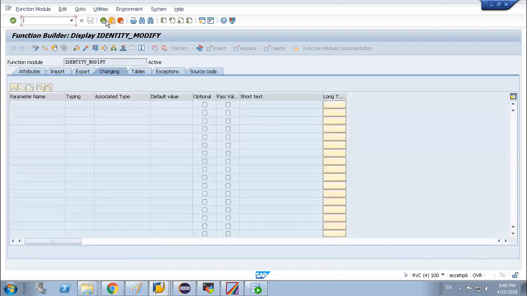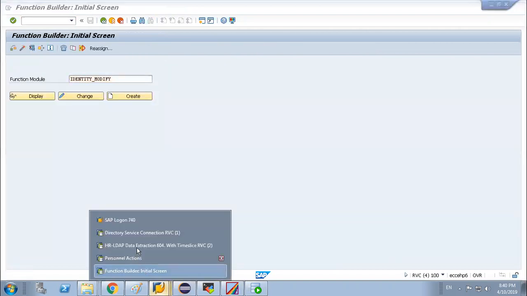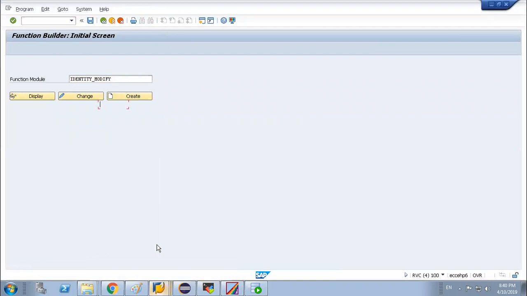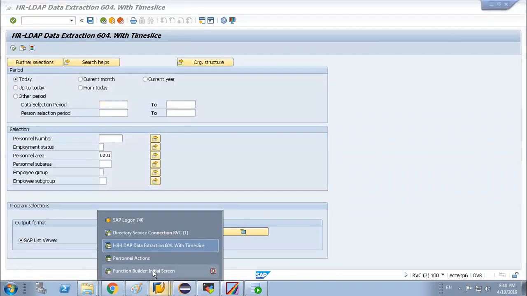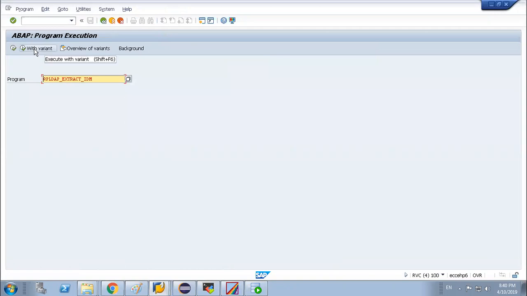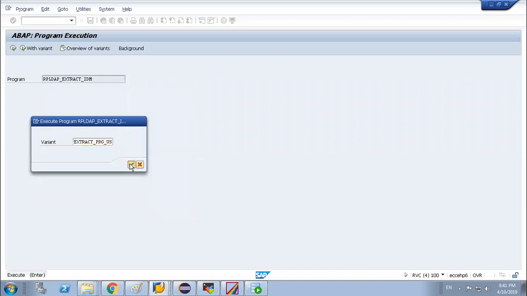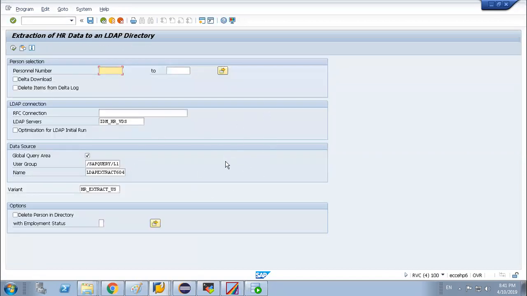One more thing that I'd like to say, and then end of today's class. What you did, you finally extracted the information with SA38, with the variant. Now, my question is, whenever you are creating any info type or partner in IDM, you will not be sitting and manually running this program, right?